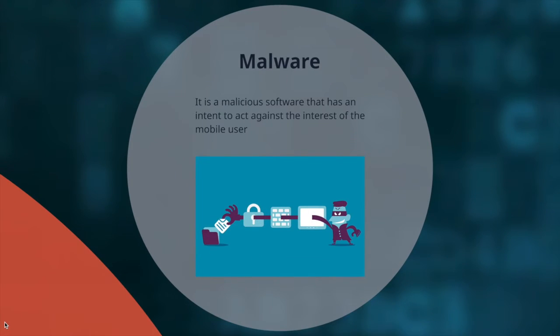So coming to malware, malware is malicious software that is installed on a mobile phone which causes the system to collapse or leads to the loss of confidential data. The most common types of malware are spyware, Trojans, and worms. These try to gain super user rights by exploiting system vulnerabilities, which allows them to do almost anything. It installs modules in the system folders, thus protecting them from removal.